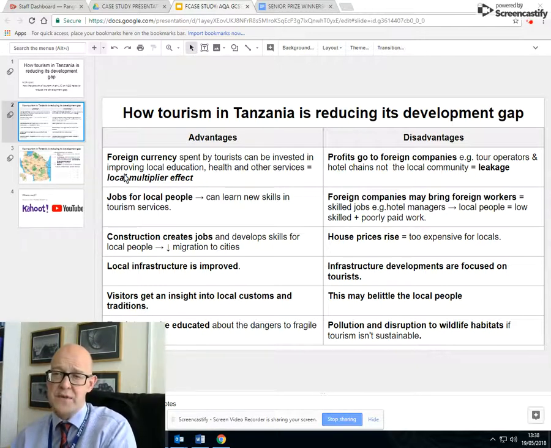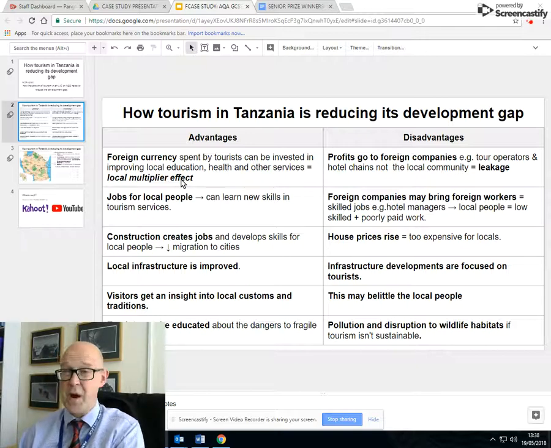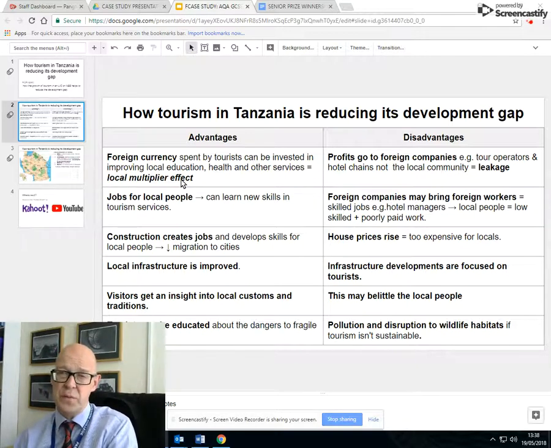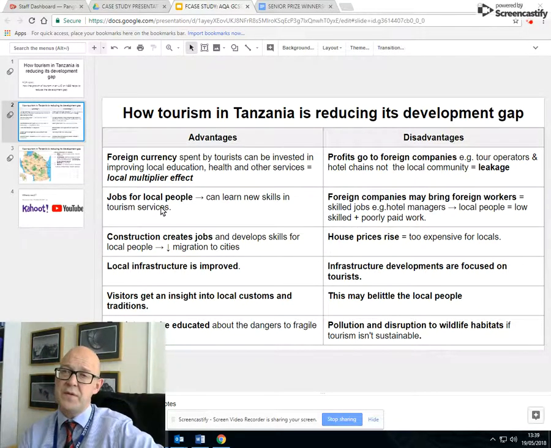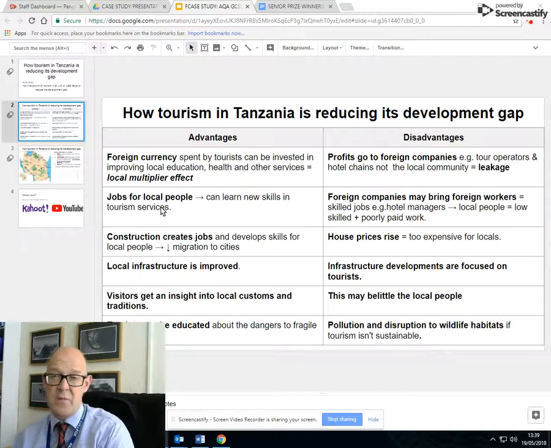Remember, you're looking at a local multiplier effect. All those people employed as, say, waiters are going to spend their money in local shops, and those people in local shops are going to buy their produce from local farmers. So we get a good local multiplier effect. Wherever you can talk about the multiplier effect, do. So jobs for local people, which means they can learn new skills, which means that they might be able to generate new tourist services. So you may also get a whole new set of skills and services growing up, which